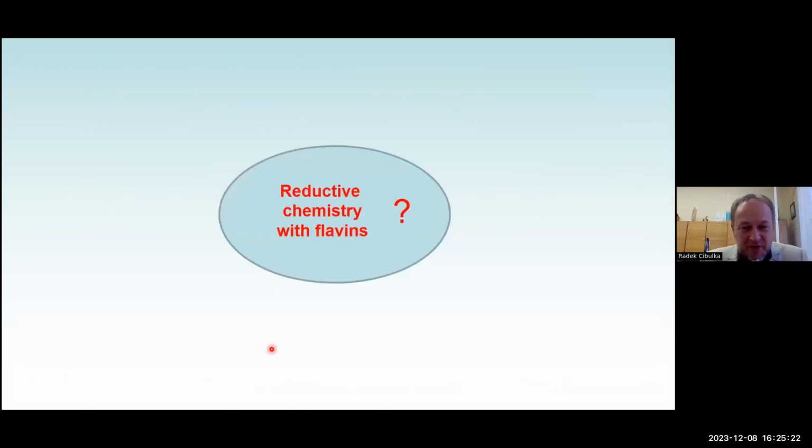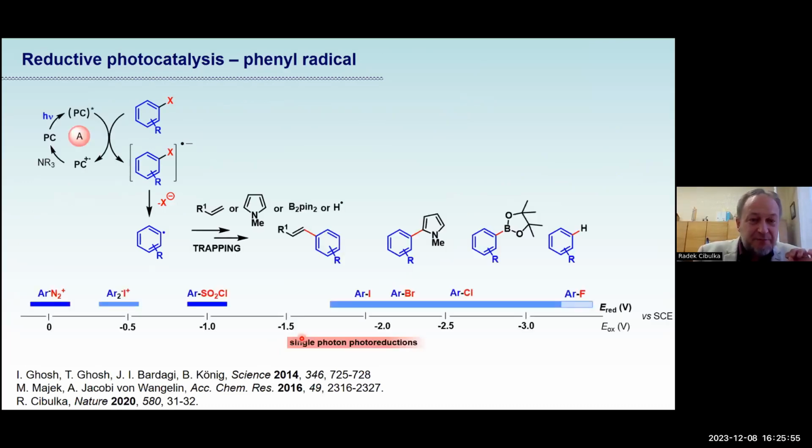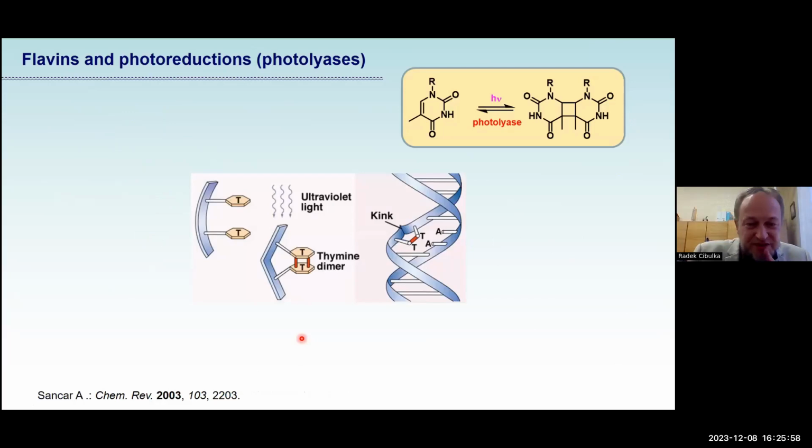But now I will speak about reductive chemistry. It was maybe 10 years ago when we were talking about flavins as photocatalysts, also with Burkhard Koenig. And we both had the opinion that flavins would probably be much more suitable for reductions than for oxidations. And we have also one parallel in nature where flavins work as a strong reducing agent, and this is shown here. Flavins are known to work in